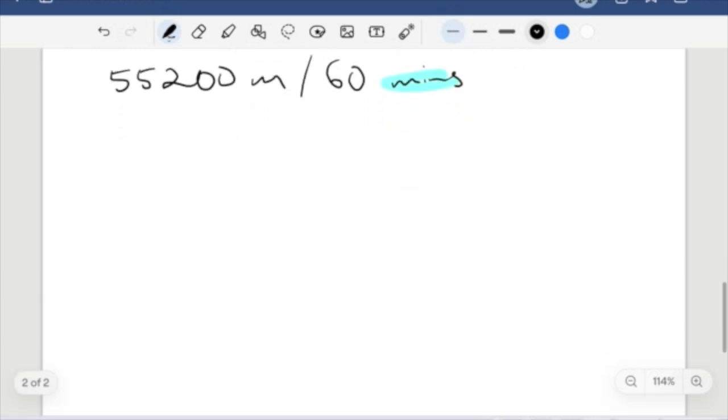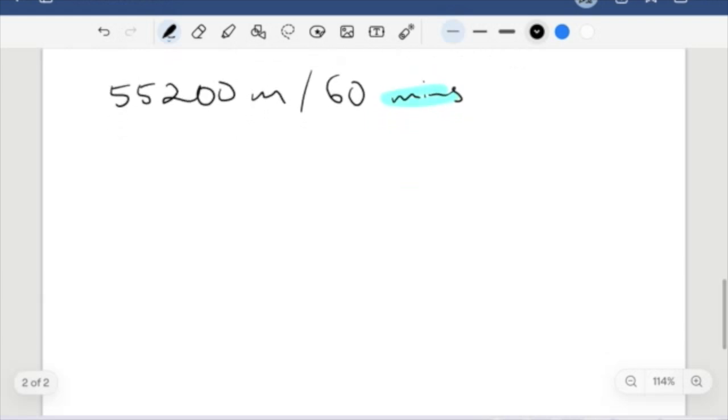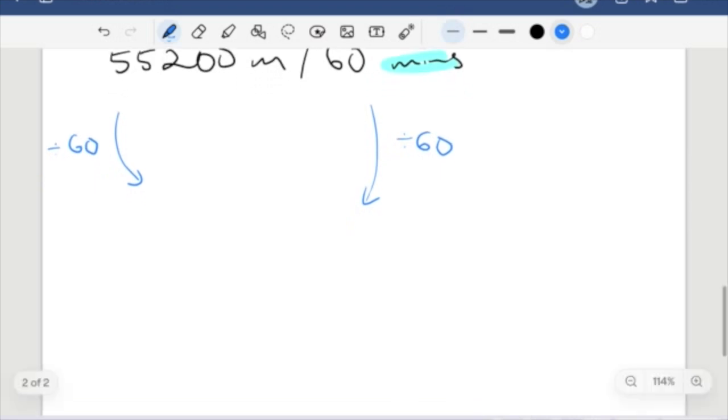From here, we know that if we have 55,200 meters in 60 minutes, we want to figure out how many in 1 minute. So to get from 60 to 1, we can divide by 60. And we're going to do the same thing to this part of the rate, like we would doing things on both sides of an equation. So once we divide this through, we're going to get 920